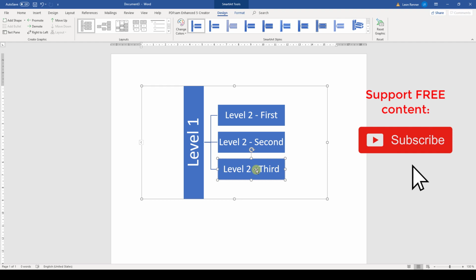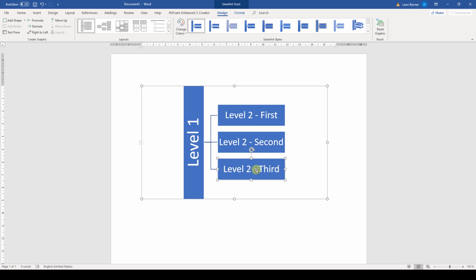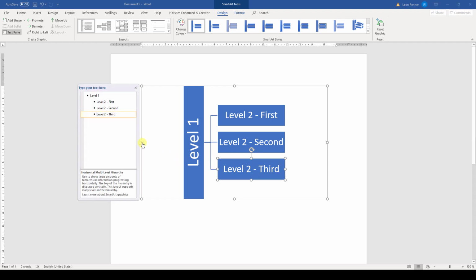But of course, we can also change the layout of the Smart Art. When we select it, we will see a little arrow on the left side of the Smart Art. After clicking on this arrow, we have access to the structure of the whole object. As you might have guessed, the indentation of the bullet points determines their location in the design. So the higher the indentation, the lower is the level in the design of the hierarchy.